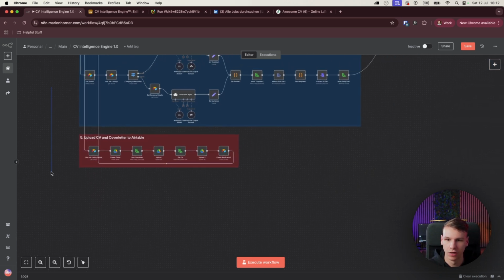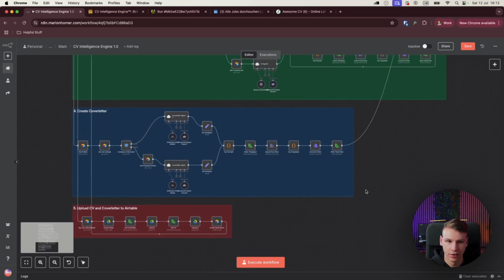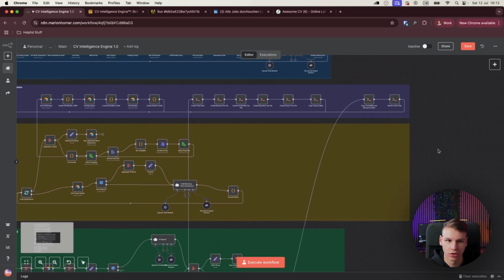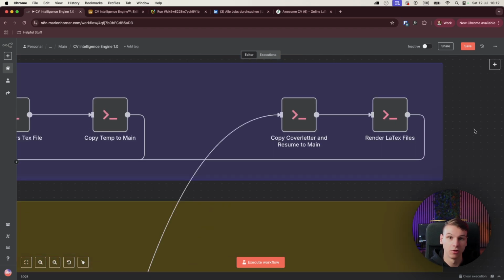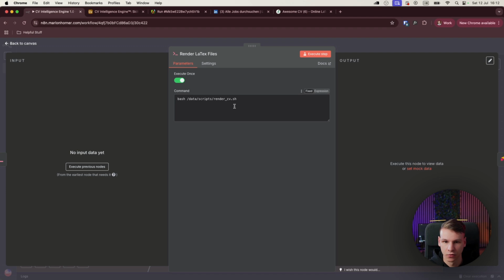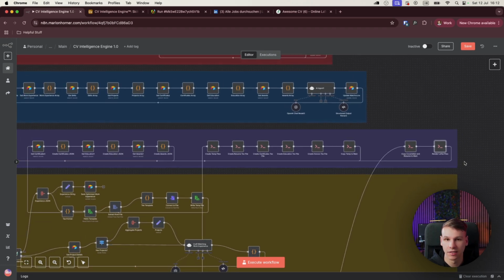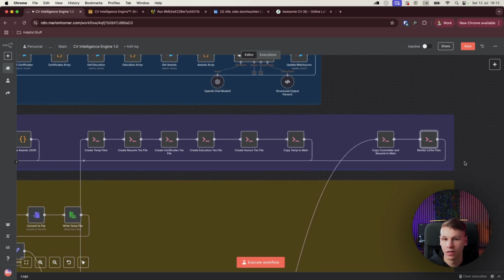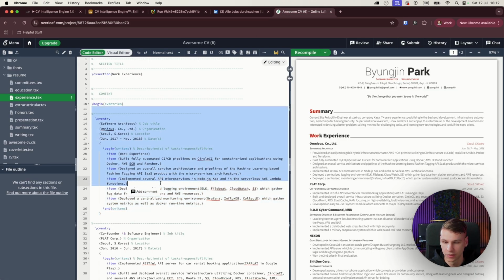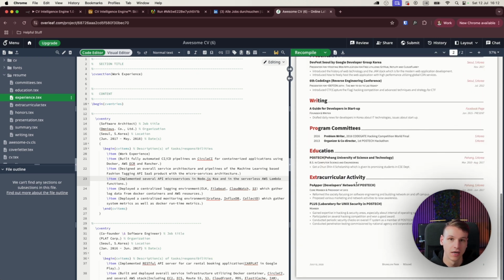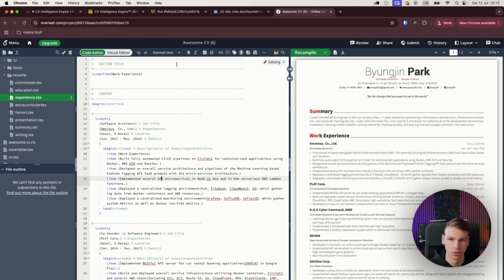What I also want to mention is that here you might not see it, it's just a small step, but this node here is extremely important, as it will render the actual LaTeX files. So this is a small script that we have on our server, which I will provide you, which basically uses LaTeX and a Docker command to start the rendering of these template files with the code in them. And what you will get out of it is a finished personalized CV as PDF, which you can then later